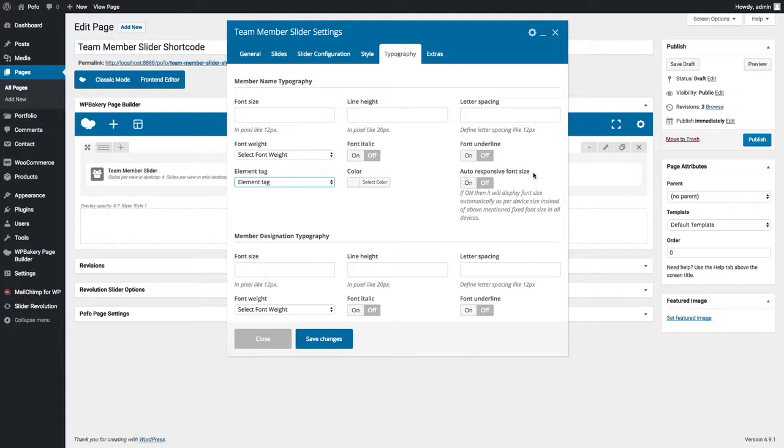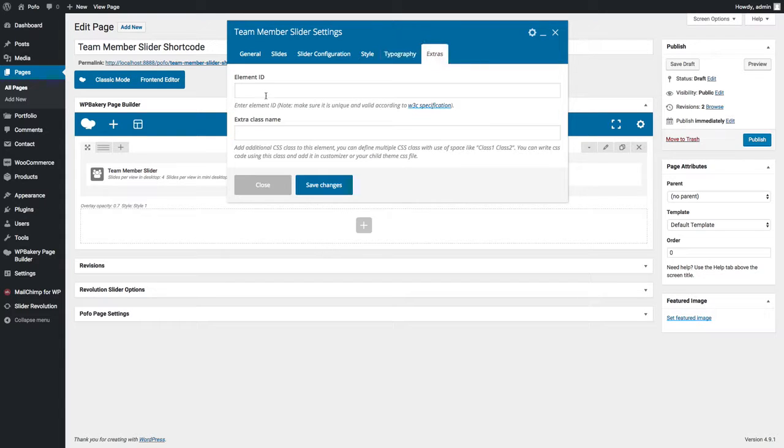Suppose you have entered big font size like 50 pixel, then in all devices client name will display with 50 pixel font size. So if you want to use a responsive font in smaller devices, then switch on this option. Go to Extra tab, this is Element ID, you can assign unique ID to your element,